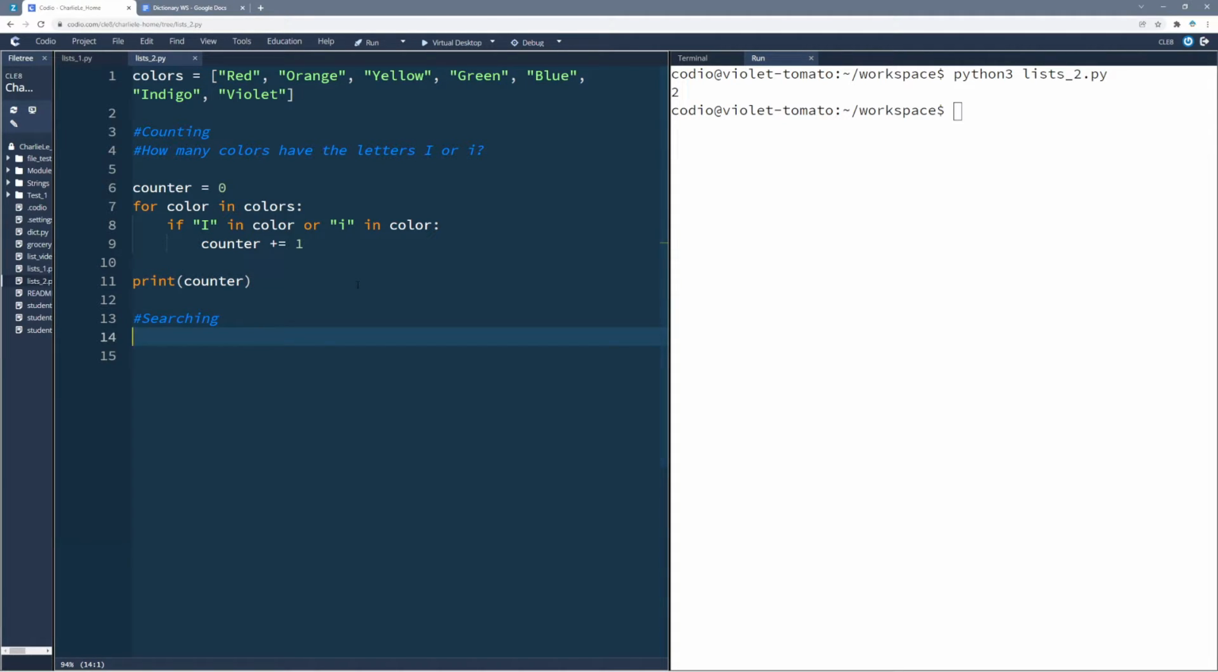Searching, right? So perhaps you wanted to search for the colors. Instead of, let's say, just counting which ones have it, maybe we want to actually print out what has the colors, right? So what I'm going to do is set up a list, colors with I, and set that as an empty list. And as we go through, we'll fill up the list with values. So for color in colors, if I is in the color,